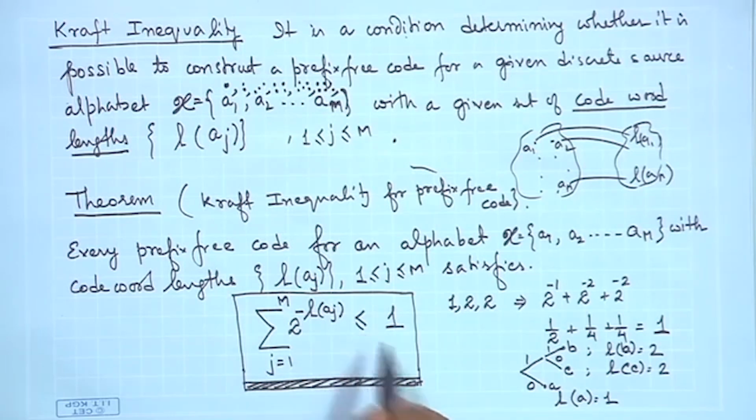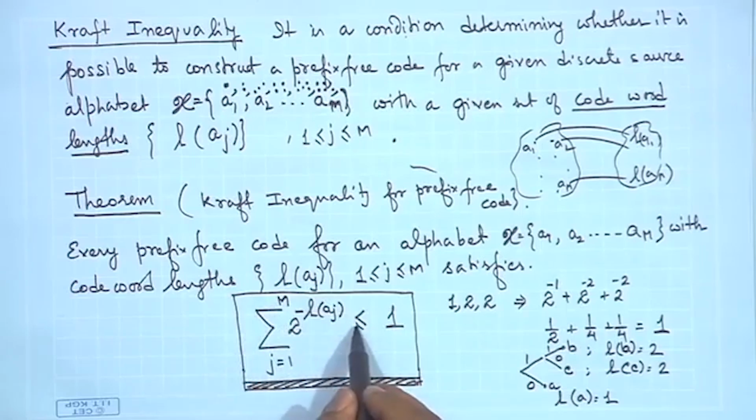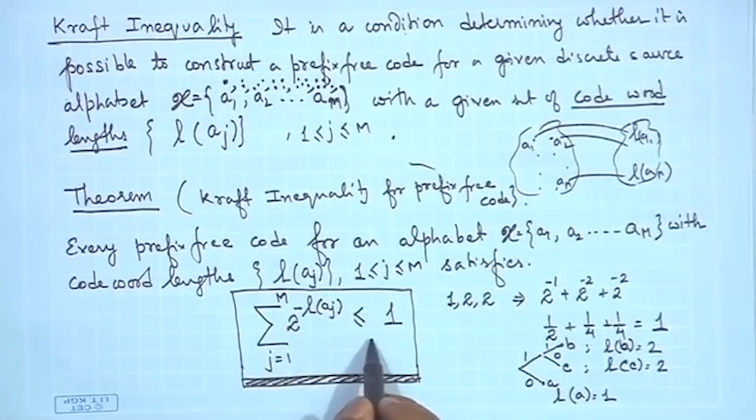Now, if it is not a full tree, then you can easily guess that it will be less than 1, this will not be equal to 1. So, that is another criterion through which you can check whether the tree that you are going to construct will be a full tree or not. The advantage of a full tree is that you are using the full set of symbols as best as possible. So, we carry on with this, and you can additionally say that, conversely,